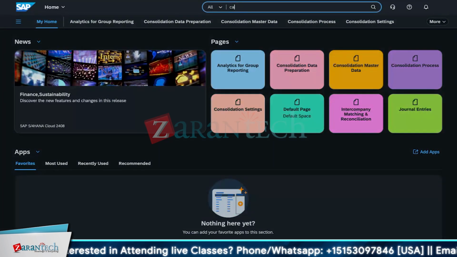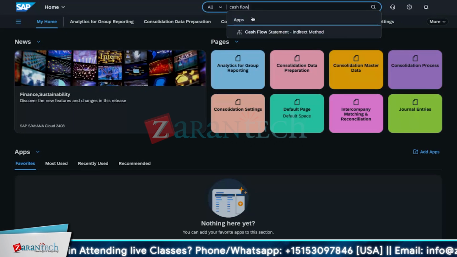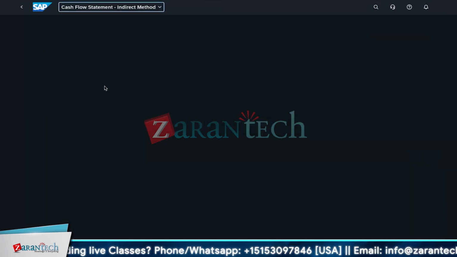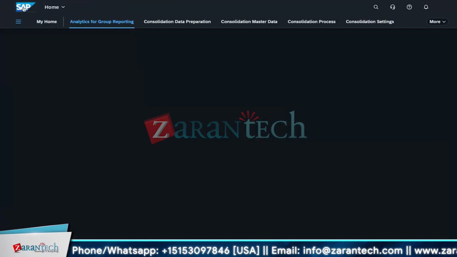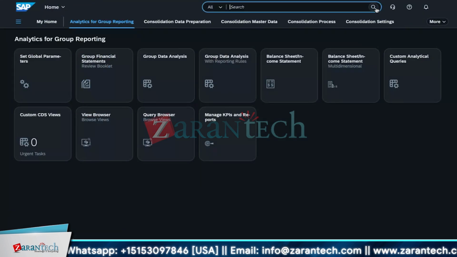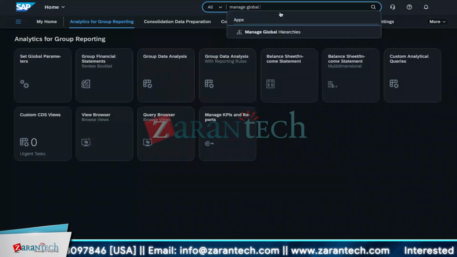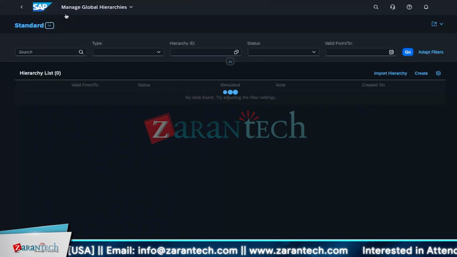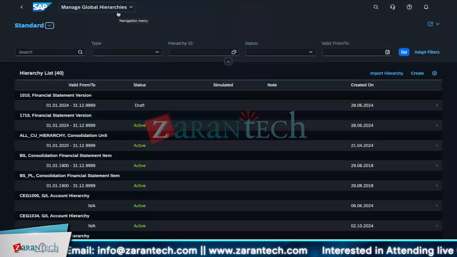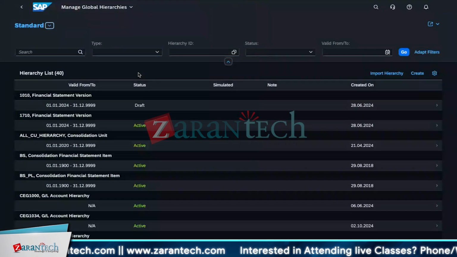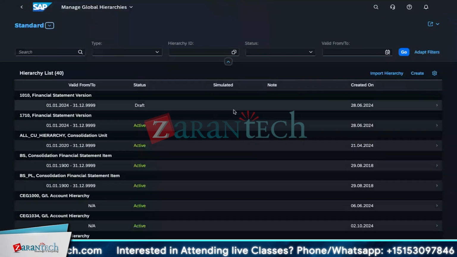And coming to cash flows. The cash flow statements, I told you earlier about the cash flows. Whenever you want to build your cash flow statements, the only way, as I told you, is to go to the manage global hierarchies tab. From here, you can import the financial statement versions, then start maintaining your financial statement version in this, and then your cash flows can work from this particular version. Like say, for example, if you want to import,